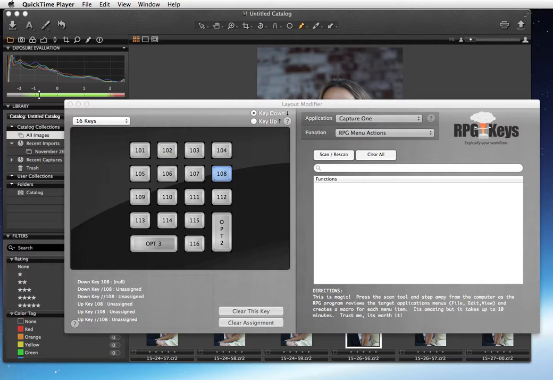the CaptureOne workflow. But we're not CaptureOne users. We're actually not Lightroom users anymore. We used to be photographers, and now we're just dorks that design keyboards. So we need your input. We want to know, what would you like us to put on an RPG key to make the use of